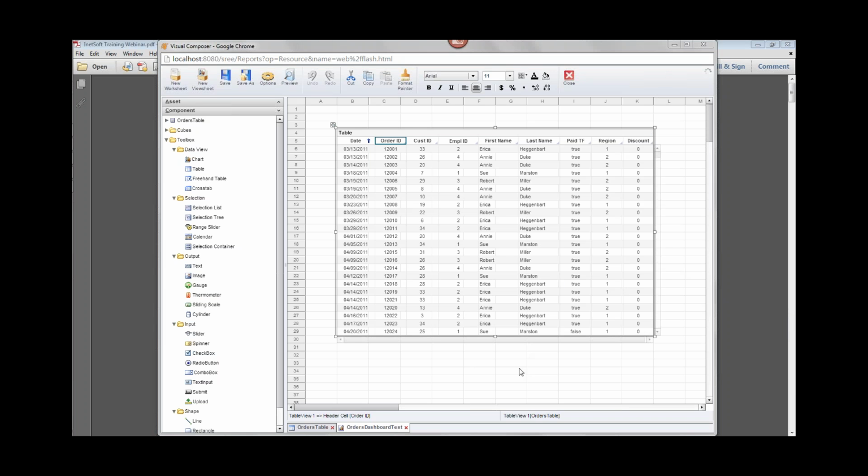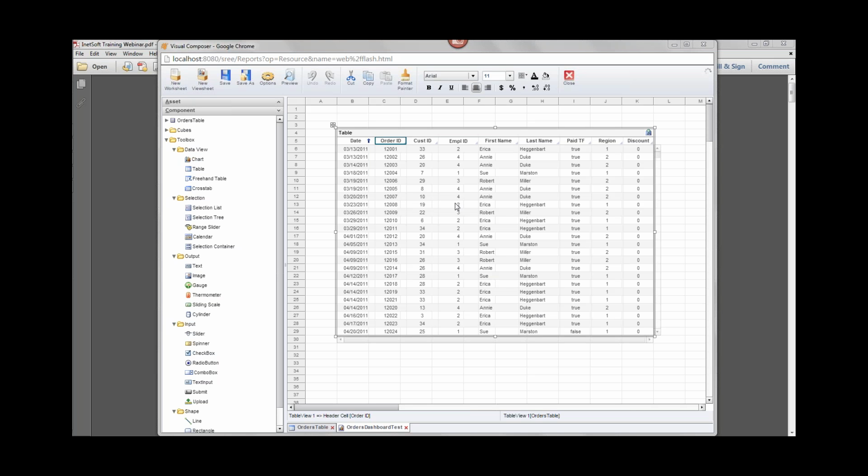So what we're looking at here, I'm in Visual Composer. I'm looking at a simple dashboard with just a single table because I want to keep this very simple. And what I want to do is rig up this dashboard so that an end user will be able to change some of the values in this table and submit the changes back into the database so that the changes will actually change the records in the database. That way anybody who subsequently comes along and views the dashboard, or for that matter, views a different dashboard that's based on the same database, will see those changes because the changes will actually be written into the database tables themselves.